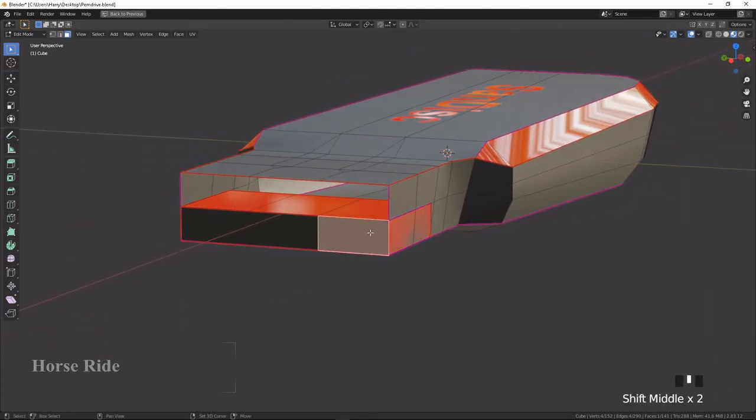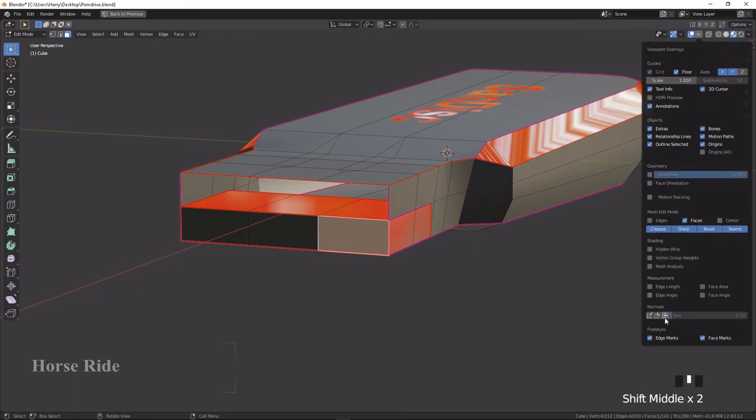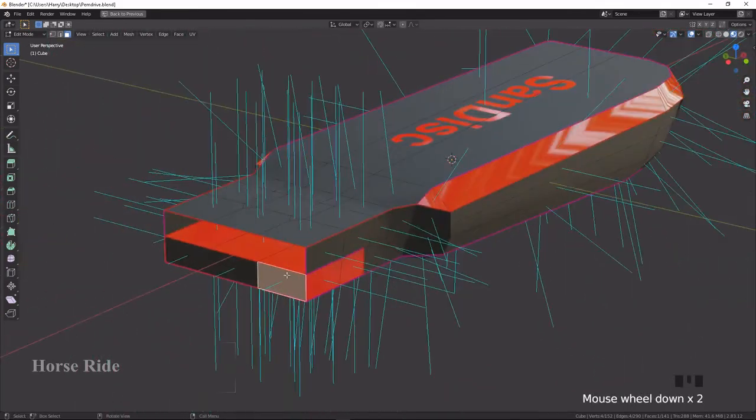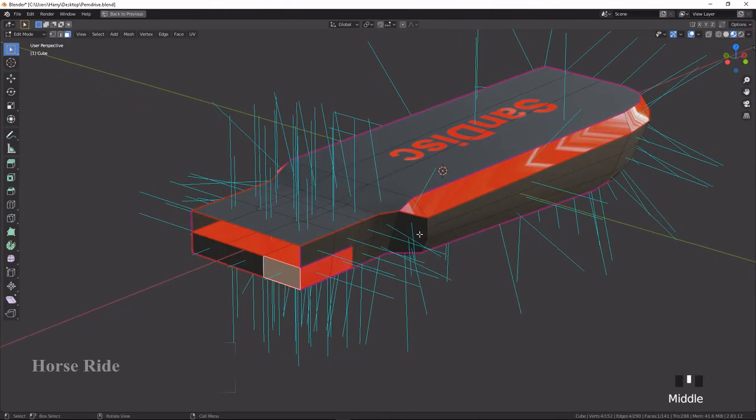So what is the normal? Normal shows the outside of the layout and the inside of the layout. I will guide you on that in the next lesson. Now I'm going to select this normal display option and select this one. Now you can view the normals.